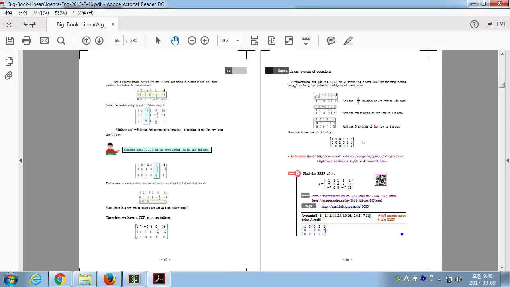For the exercise problems at the end of chapter 2, you will have different matrices there, and will be asked to find the REF or RREF of a given matrix. Then all you have to do is copy this and change the matrix, the size, 3 by 5 here, and the entries. Then the same command will give you the answer.